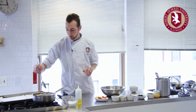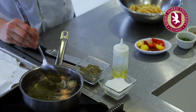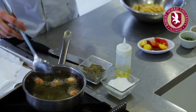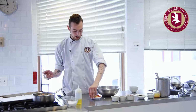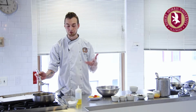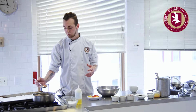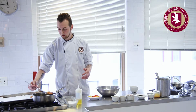These cook pretty quick, so you want to keep moving them around until they get that golden brown color on all the sides. These are going to be our croutons on top of our salad. It's going to be really good. So with this, I'm going to have some halves of a variety of tomatoes. They come in a pack, and they all have slightly different flavors and acidity, and it's a good complement to the eggplant. So now that these are golden brown, I'm going to take these out here